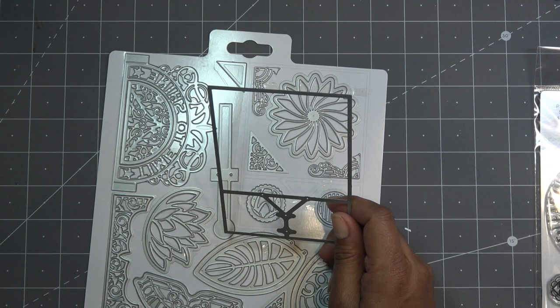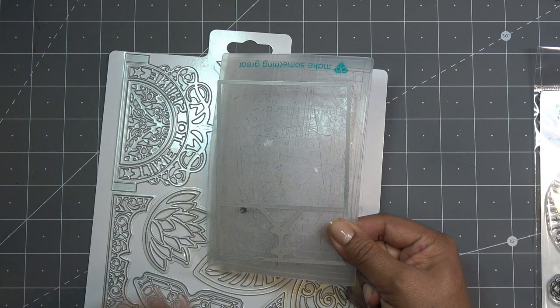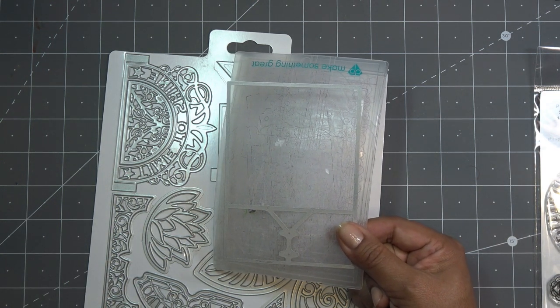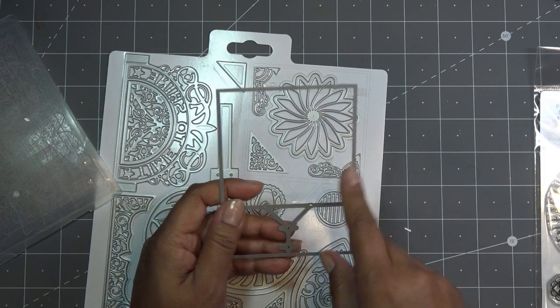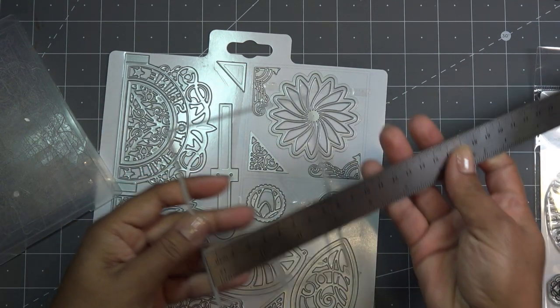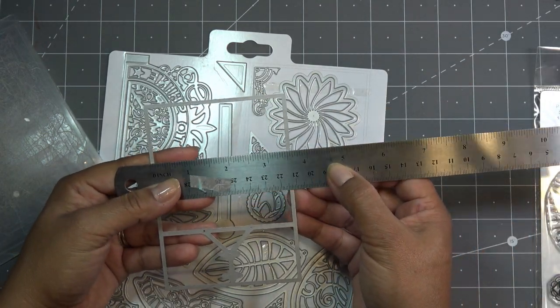This will definitely go through your Marquee, which means it'll definitely go through your Mini, your Empress Mini, should I say. The Gemini Go, probably not. And I don't think it would go through the Gemini Mini. Let me measure this for you guys though, because I don't have the Mini anymore. I sold mine. So I don't remember the opening on that. But this is just over 3.5